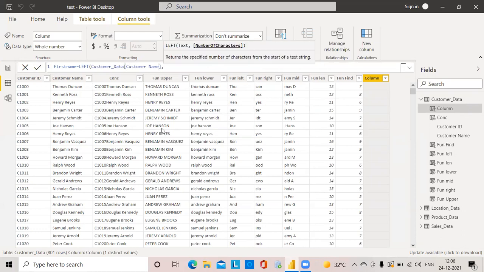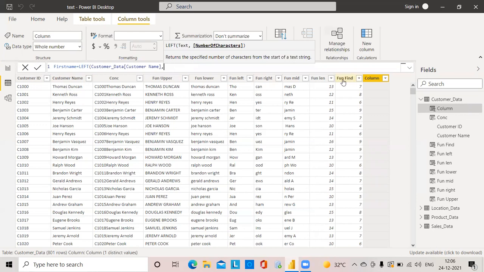After that, text and the number of characters. Number of characters means, if I want to extract the first name from the customer name, it is 1, 2, 3, 4, 5, the seventh position, right?